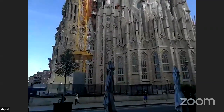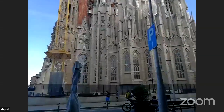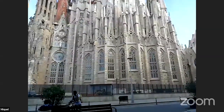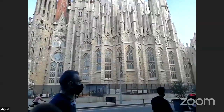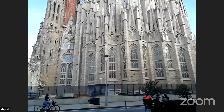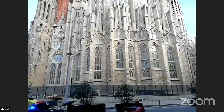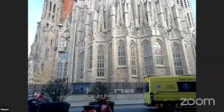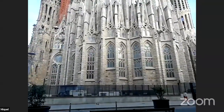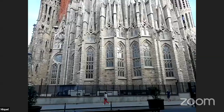So that's the reason why in many cathedrals in Europe you have Gothic apses in the back, and then you have Renaissance, Neoclassic, Neo-Gothic style in the front. So the guy who started building the church in 1882 wanted to build Neo-Gothic style. When you look at these walls here, it looks very much like St. Patrick's Cathedral of New York. Well, when Gaudi takes the project, Gaudi says, no, that's far too boring. I want to do something more modern. I'm talking about a new architectural style called modernism, otherwise we also call it Art Nouveau. Art Nouveau, modernism, for you to understand, is a very short period of time, end of 1800s, beginning of 1900s. That's it. And what happened is that they used new materials from